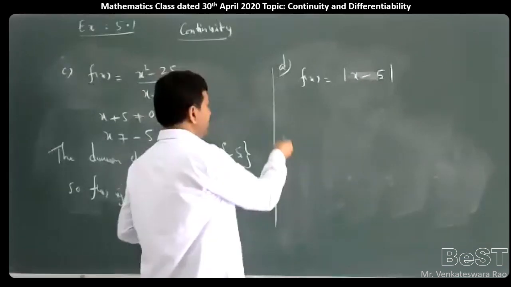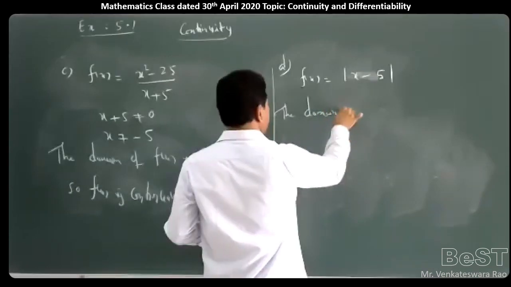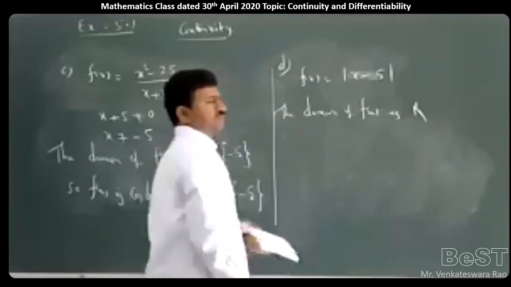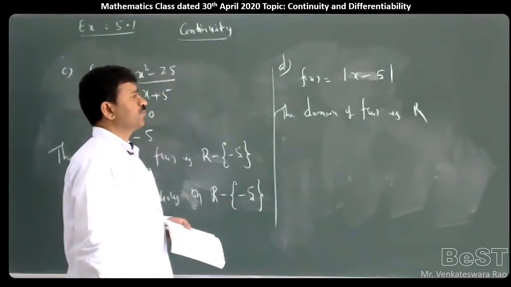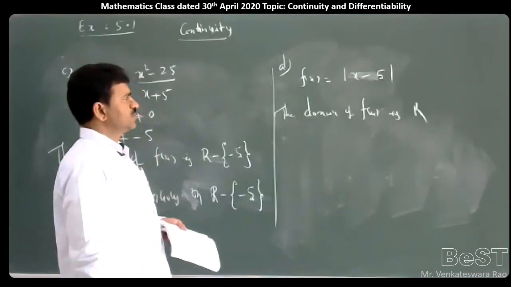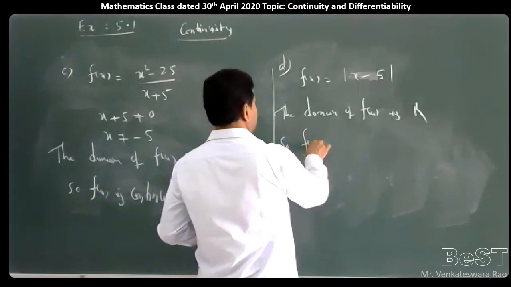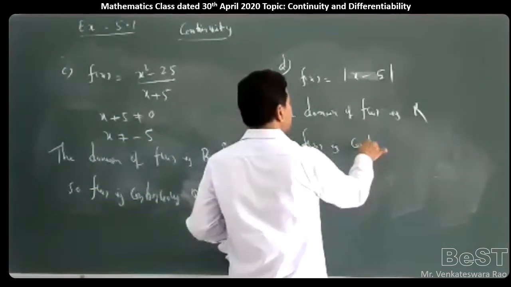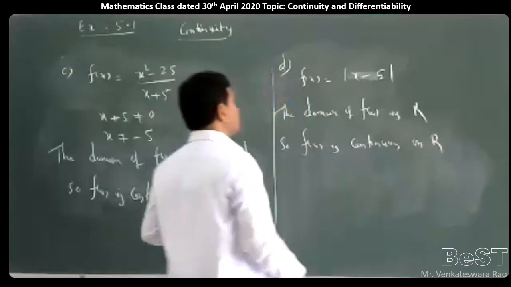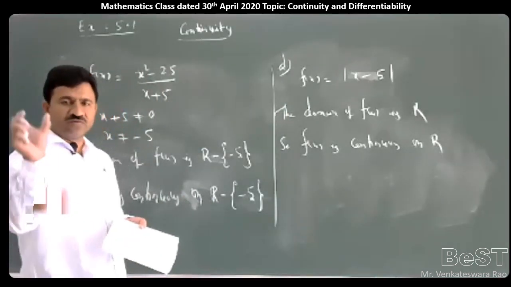So the domain of f of x is R. So f of x is continuous on R. So to solve all these 4 problems, you have to practice how to find the domain of